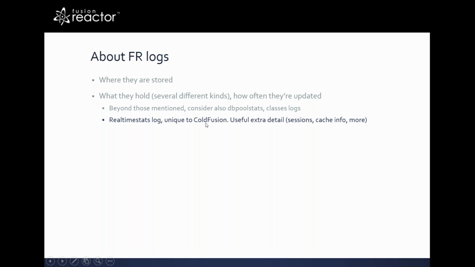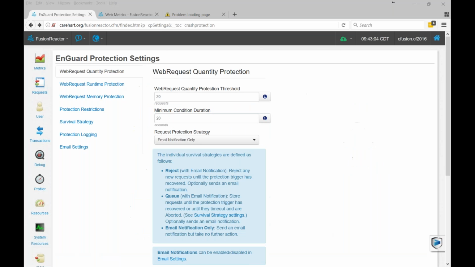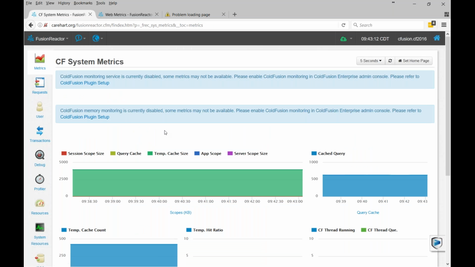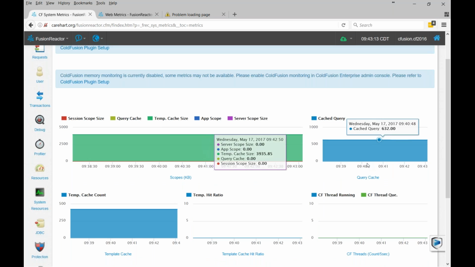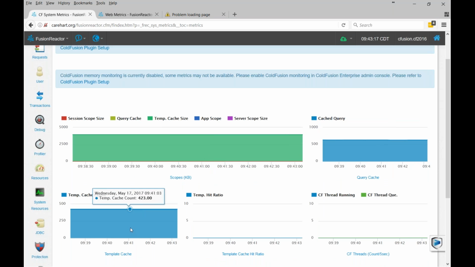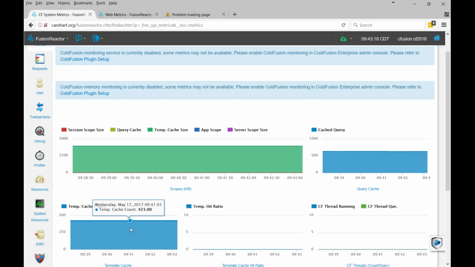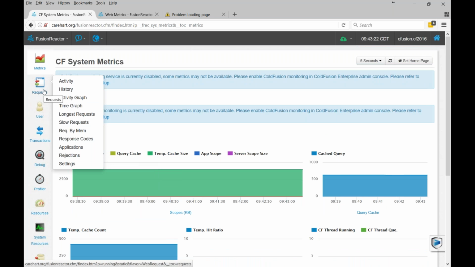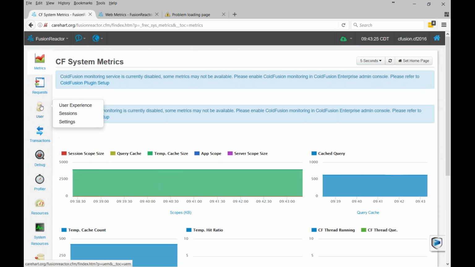There's also, for those on ColdFusion, a real-time stats log, and it tracks really useful things like how many sessions you have, how many queries in the query cache, how many templates in the template cache. And again, that's in the interface as well. Some people never notice that. It's in the top left corner under Metrics, CF System Metrics, and there's how many queries in the query cache, how many templates in the template cache. And then the sessions are tracked for everybody, I believe, that may be ColdFusion, but anyway, under user sessions,